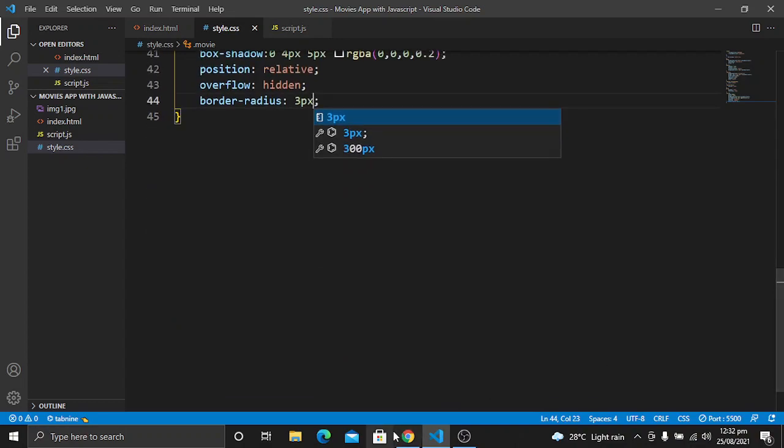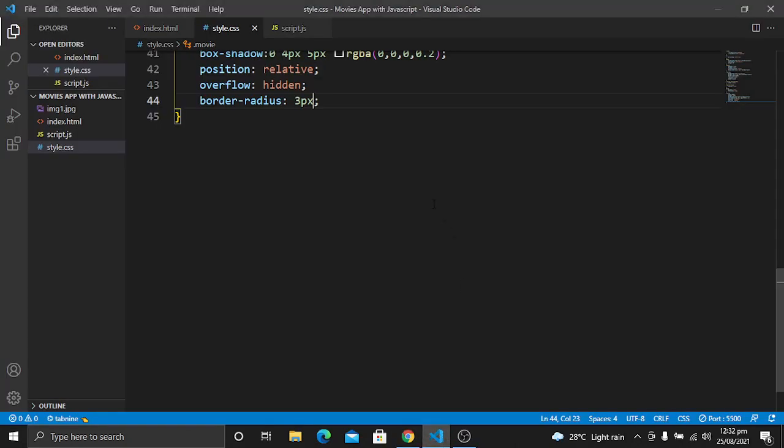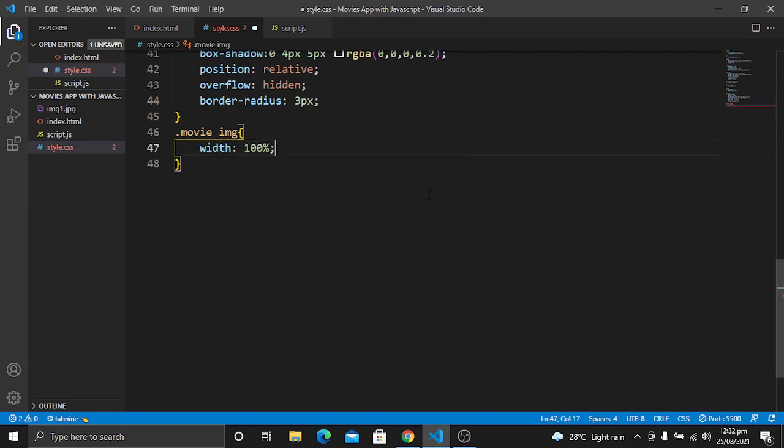Now you will see there will be no change here because the image is not looking good right now. So as you will see, we will fix it. Just target the image. In the movie class we have an image. Just give it a width of 100%.